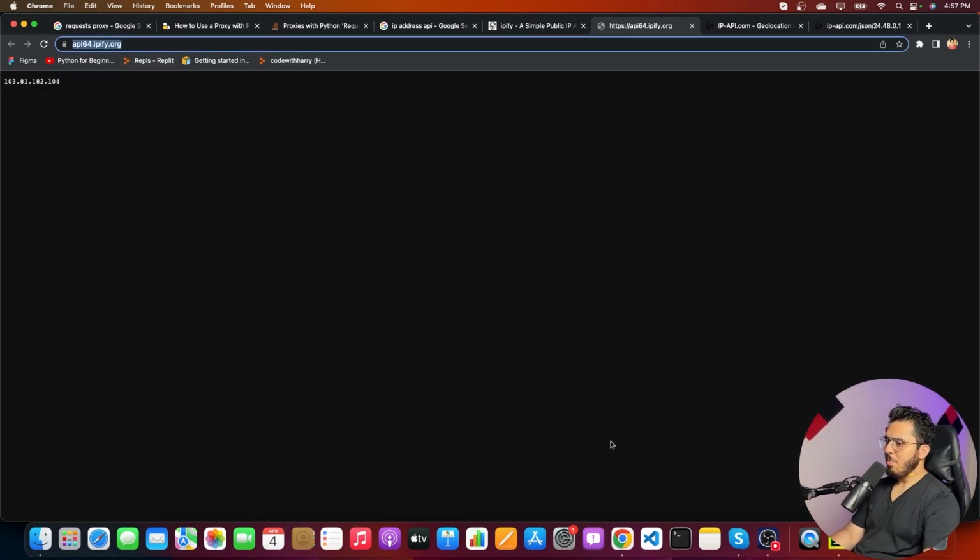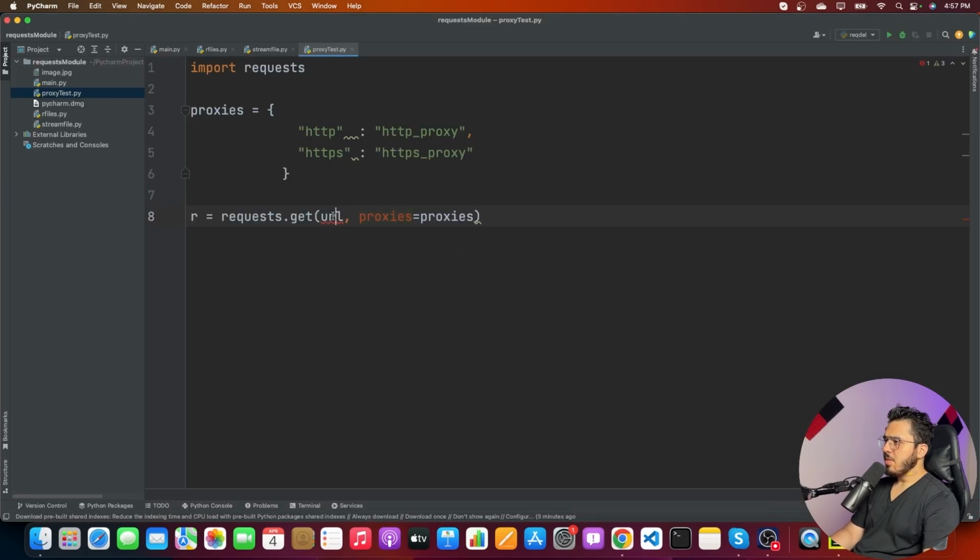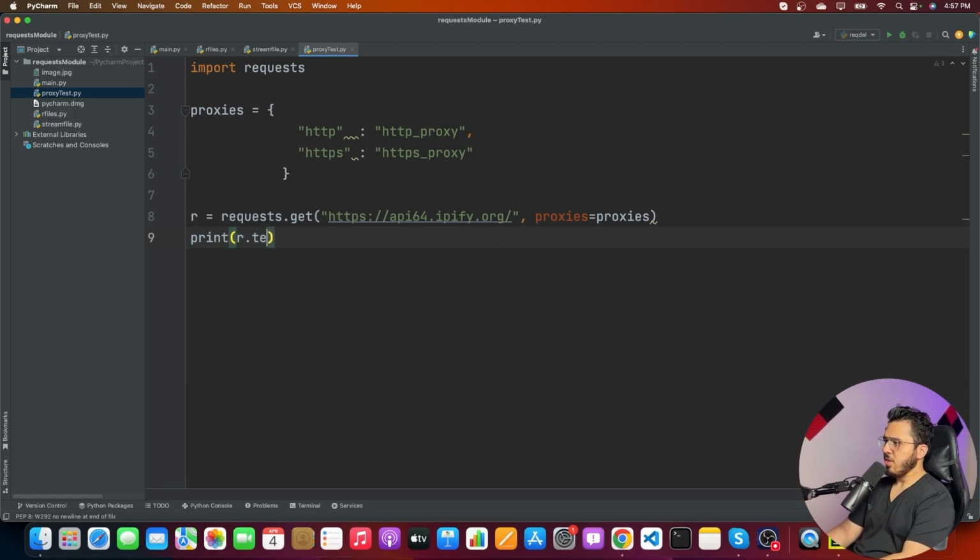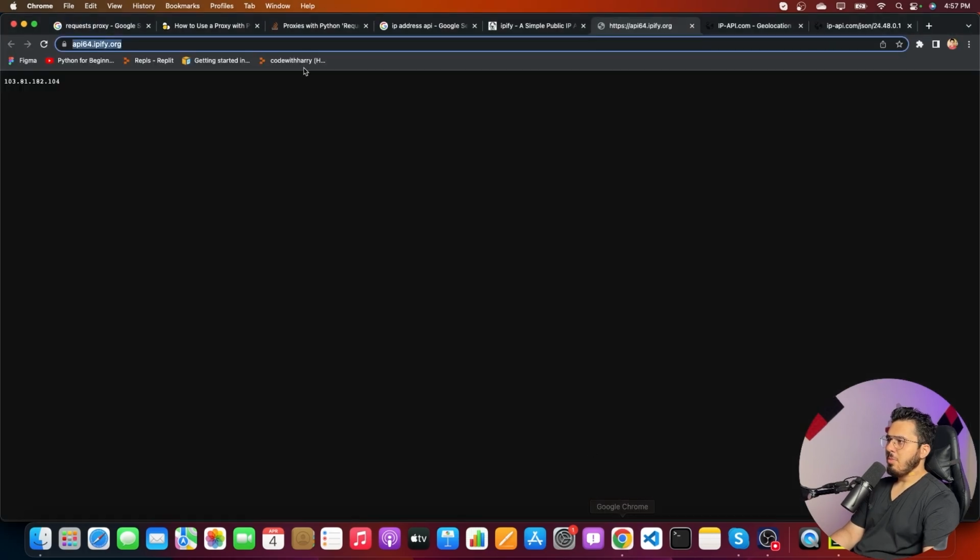ipi64.ipi5.com will give me an IP address. Let me send the request here, and let's print r.text. Now, where do we get the proxy from? I'm going to use IP Royal. So let me open IP Royal,